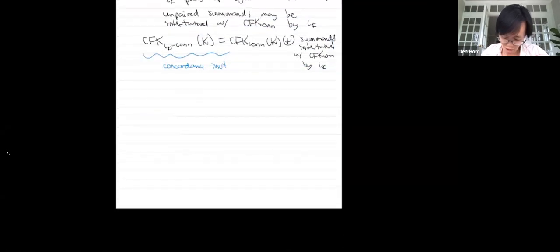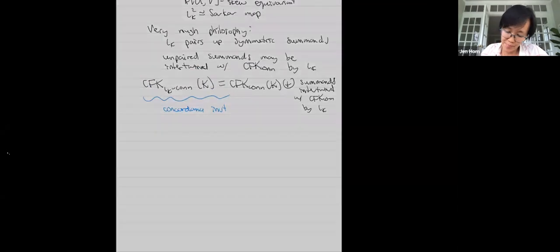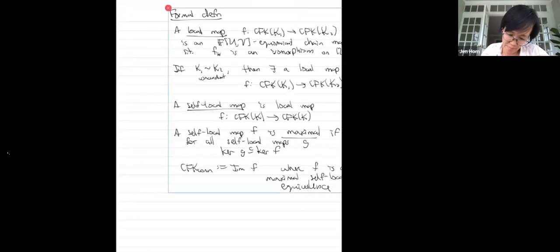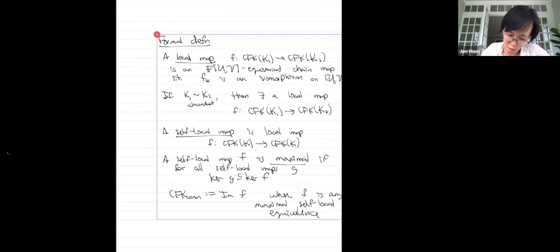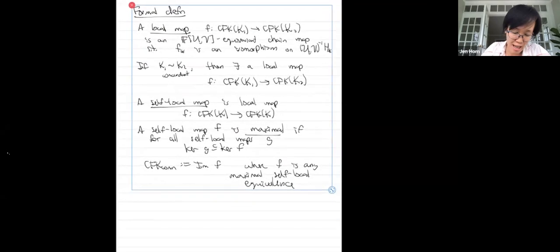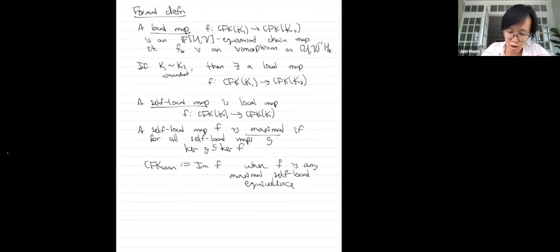I guess I need a new page. Okay, so the game will be to just add in iota everywhere that it makes sense to. Let's call this an iota k